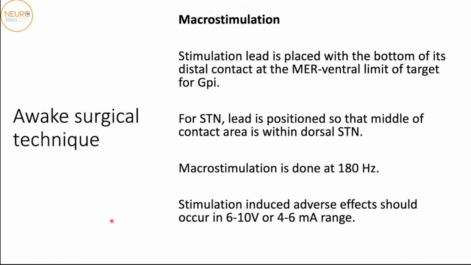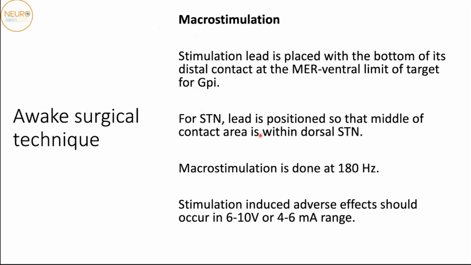Right. So once you have used the microelectrode recording, you identify that you're in the sensorimotor region of the GPI or the STN. This would be followed by macrostimulation on the other hand. So you would retract the MER electrode and then advance the macrostimulation electrode to stimulate the target. So with the GPI, the stimulation lead would be placed with the bottom of the distal contact at the MER ventral limit of the target for the GPI. So again, you retract the microelectrode and then push the macroelectrode such that it reaches the ventral limit of your MER